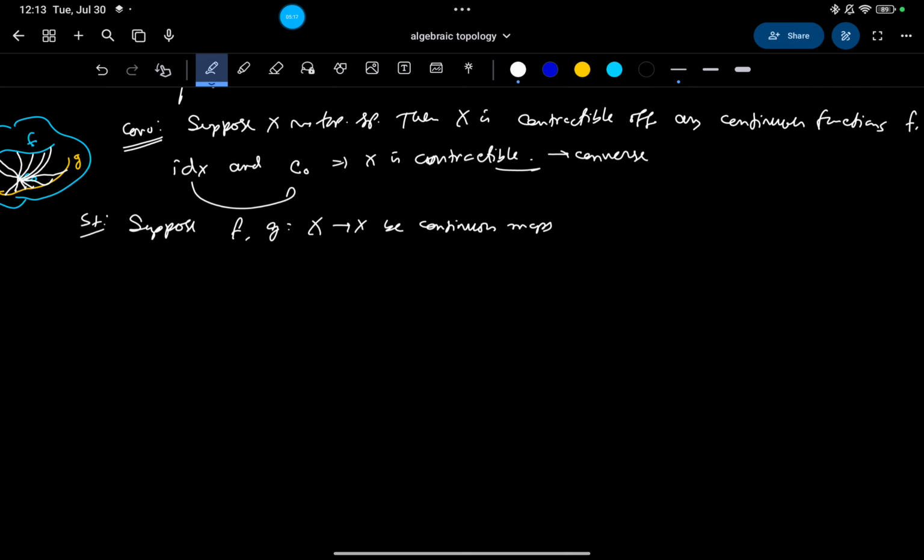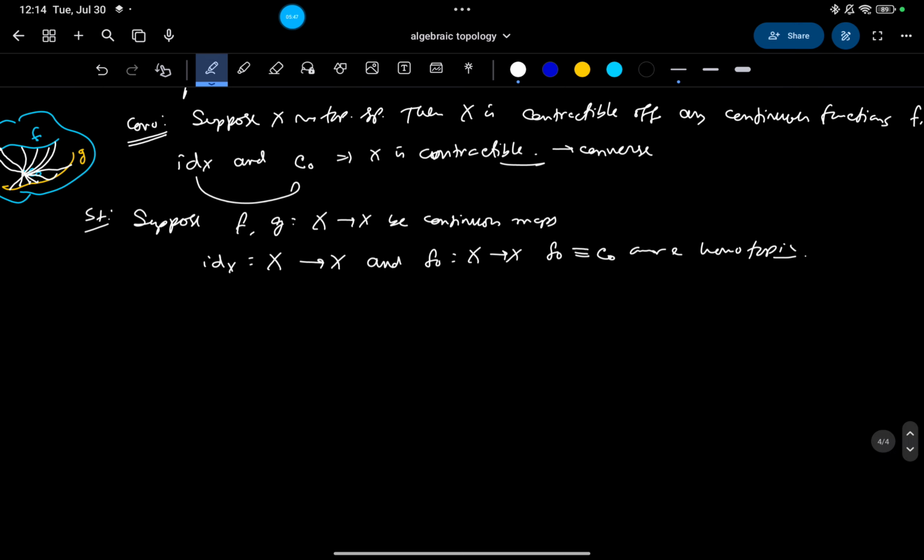Then I already know that identity of X from X to X and f naught from X to X, such that f naught is basically mapping everything to x naught, these two are homotopic. Now identity of X composed with f is homotopic to